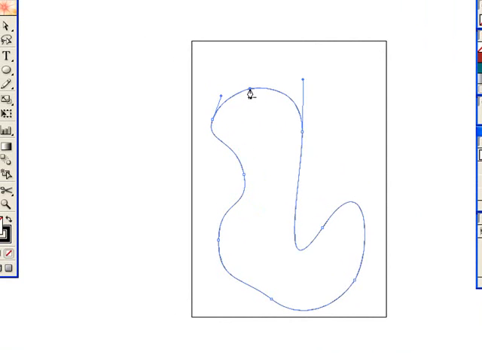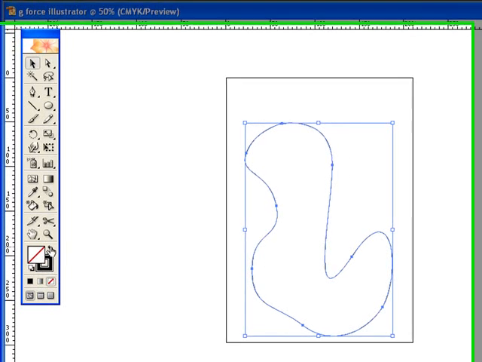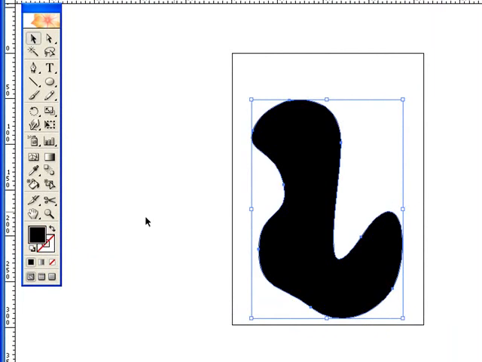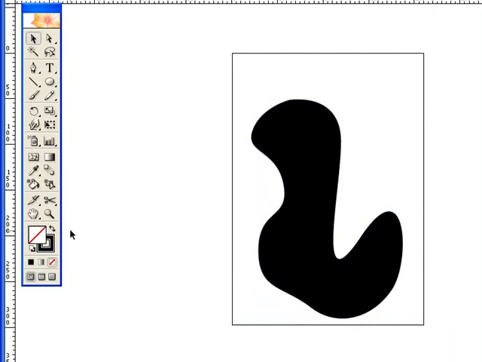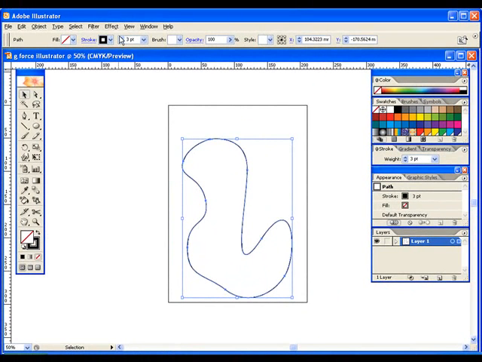And again, I go back to the same point and click on the selection tool, and you can see that that is just a stroked line, but it's also a completed shape. If I was to click on that and change the stroke to the fill, there we go, one completed shape. Right. So that's the pen tool. I'll just leave it on that shape a second. Right, I'll change it back to a line now, and I'll thicken it up. Right. Now,